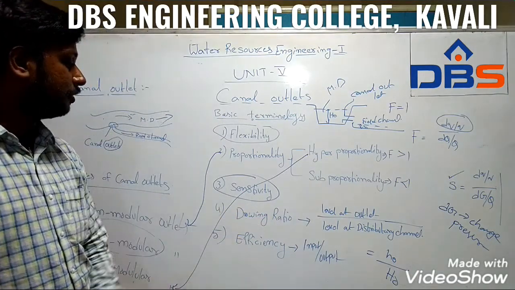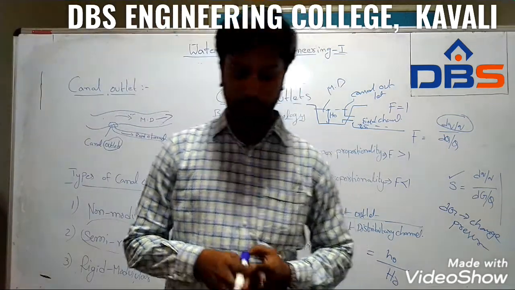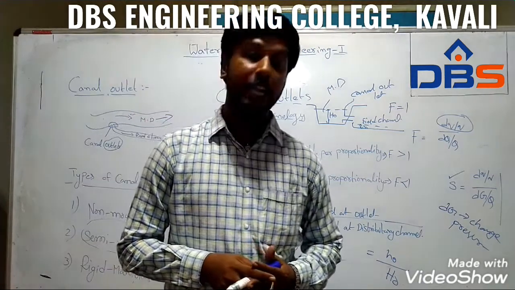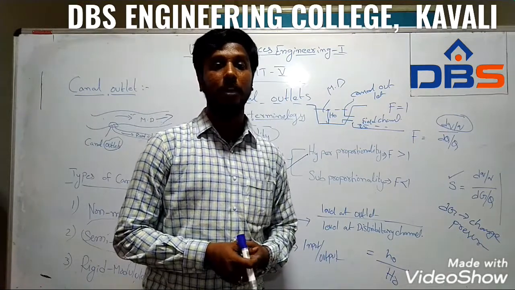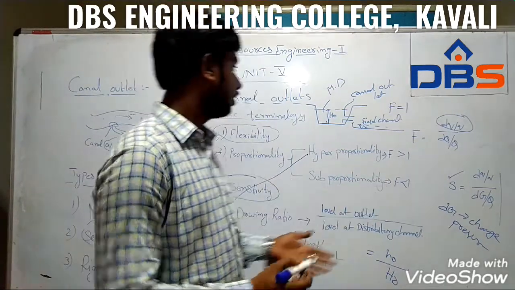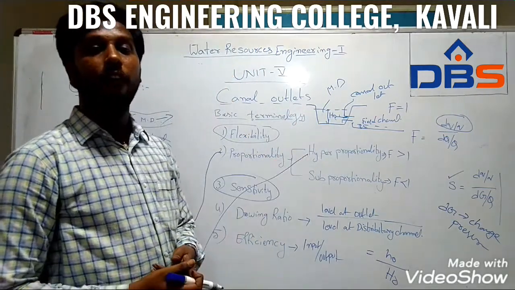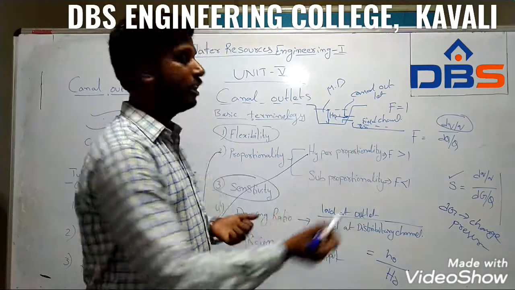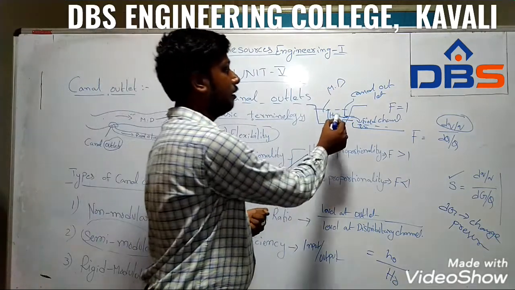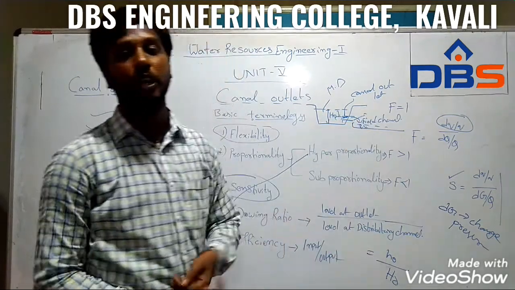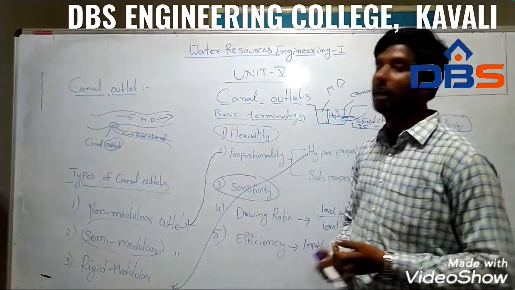And finally we come to the efficiency. Efficiency, we already know about that. Efficiency in the sense is the working condition of any kind of object. Here we are mainly focused on the outlet. So efficiency is nothing but how much quantity of water enters the outlet, and after all the head losses, how much quantity of water comes out from the canal outlet. So the ratio between input and output is nothing but efficiency. These are the various basic terminologies we are using.